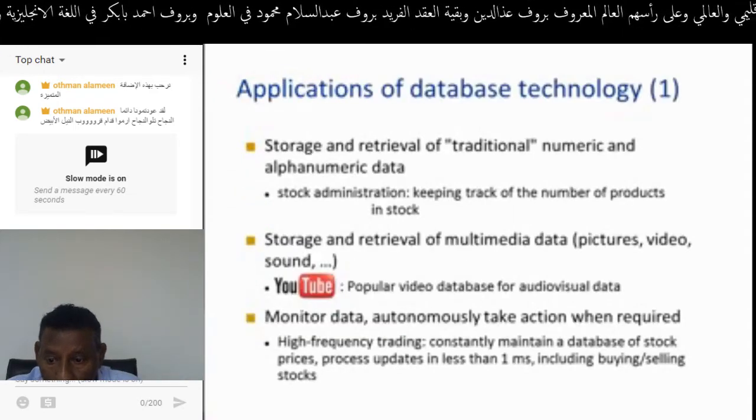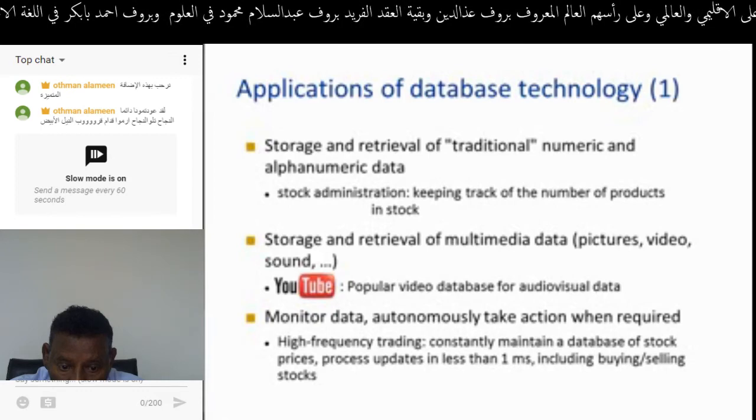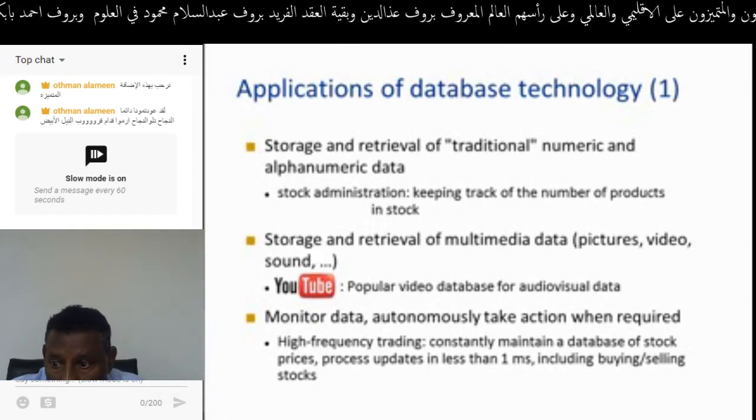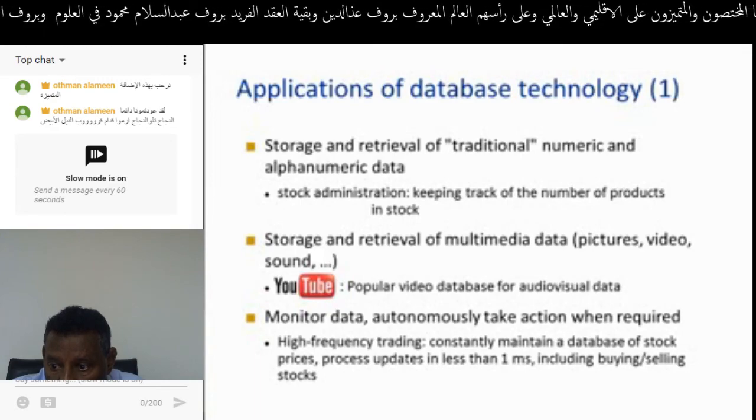Applications of database technology. Well, if you look at today's business environment, databases are all over the place. Think about a banking setting, for example. Banks are going to collect